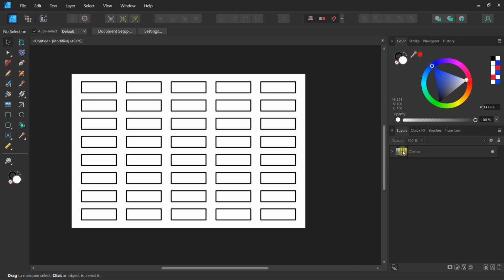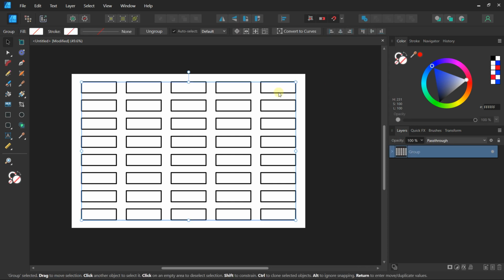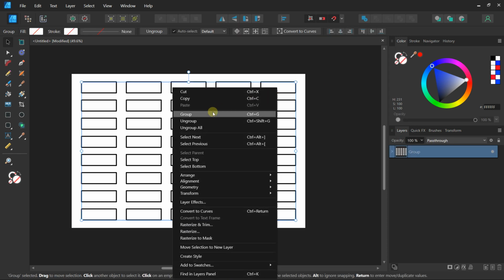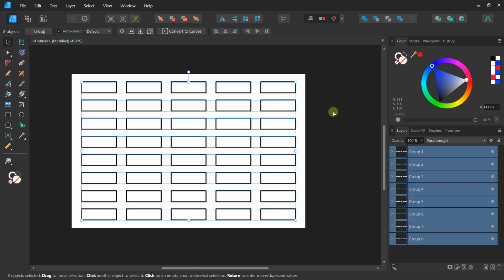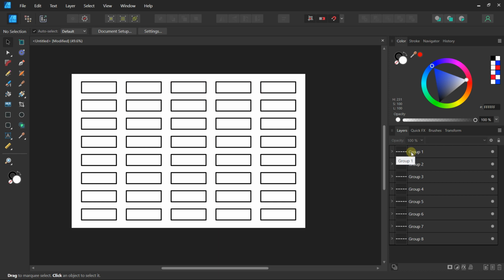How to ungroup? Here I have my main group, and inside I have all my intermediate groups. To ungroup, you select your group, right click, and you have ungroup and ungroup all. If you select only ungroup here, I will just come back with my 8 different groups. I didn't ungroup everything, only my main group, to come back with my intermediate groups.